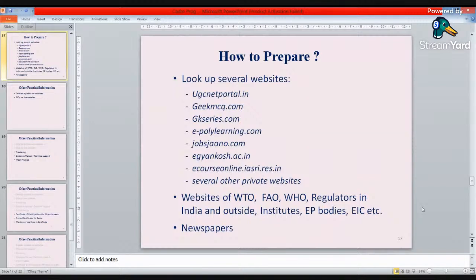Looking at Netflix and Amazon movies is not going to take us anywhere. We got to read newspapers, enhance your general knowledge about current affairs. If the objective type question is in the month of September, end of September, you might have a question on current affairs of the month of September.